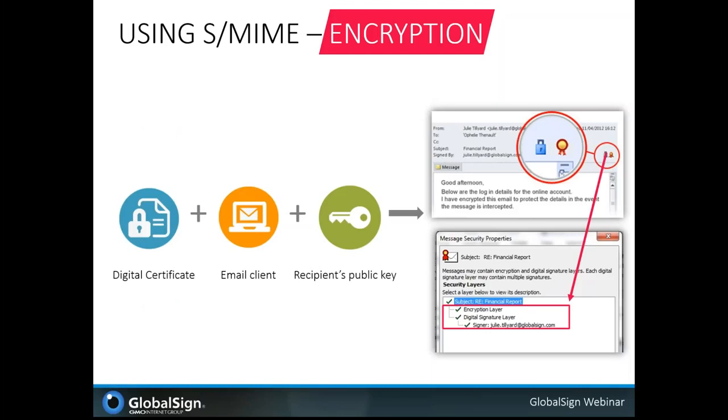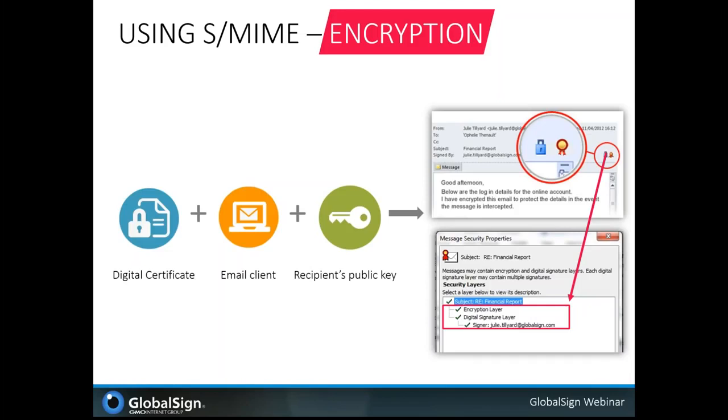Similar to digitally signing an email, encrypting an email is usually as simple as clicking the encryption option in your email client. There is just one key difference, which I just mentioned. You also need your recipient's public key because that is what's used to encrypt the contents. If you already have received a digitally signed email from your recipient, you already have the public key because it's included in the signature. Or if your company is using Active Directory, public keys are often tied to the contact already, so you don't need to obtain it manually.